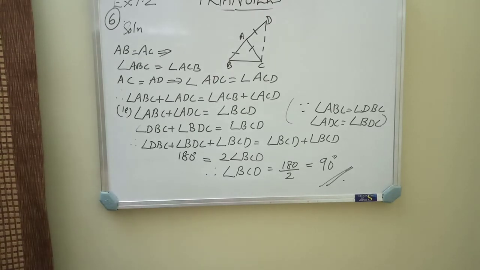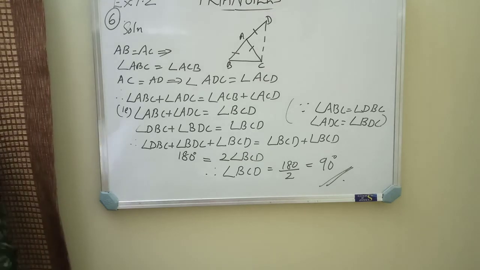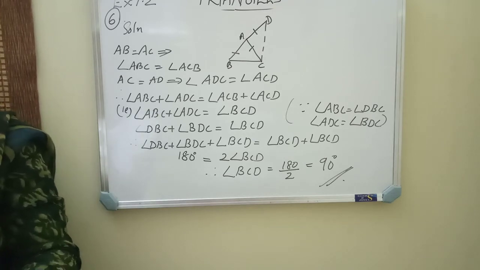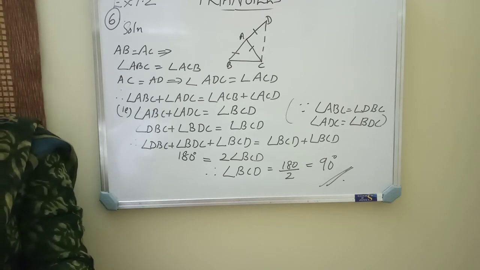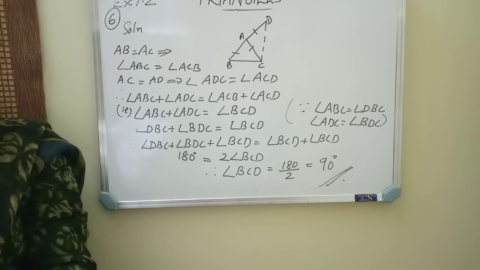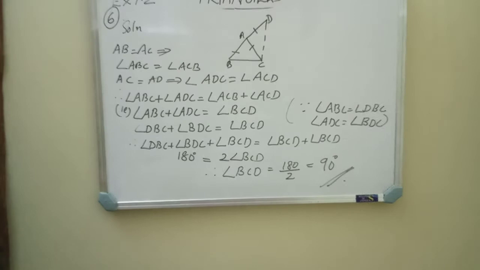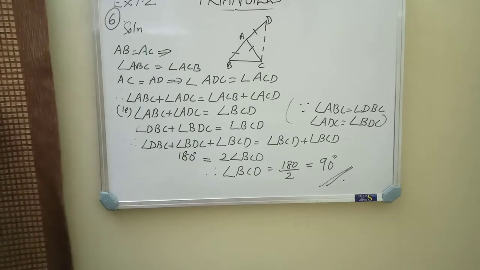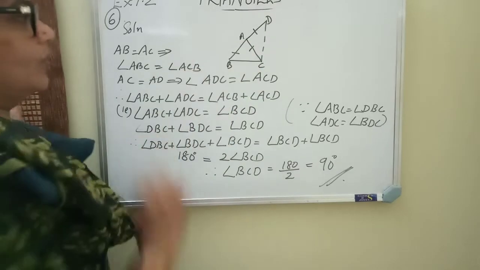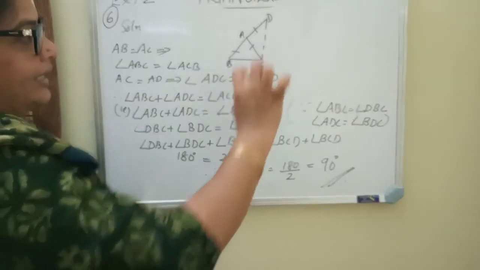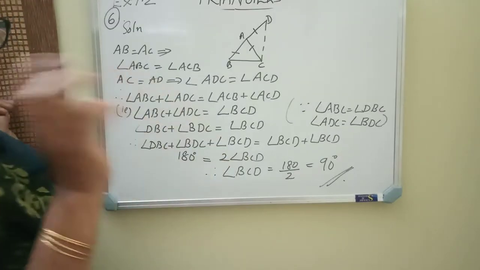Look at the next question, question number 6. Triangle ABC is an isosceles triangle in which AB equal to AC, side BA is produced to D such that AD equal to AB. Show that angle BCD is a right angle. Okay. So first, what is given? Triangle ABC is an isosceles triangle, isn't it? That means AB equal to AC and the side BA produced to meet D such that AC is equal to AD. So we are having two isosceles triangles.